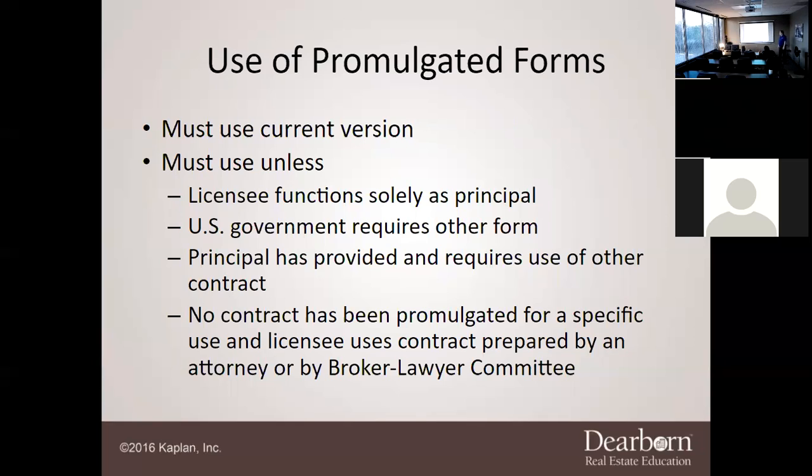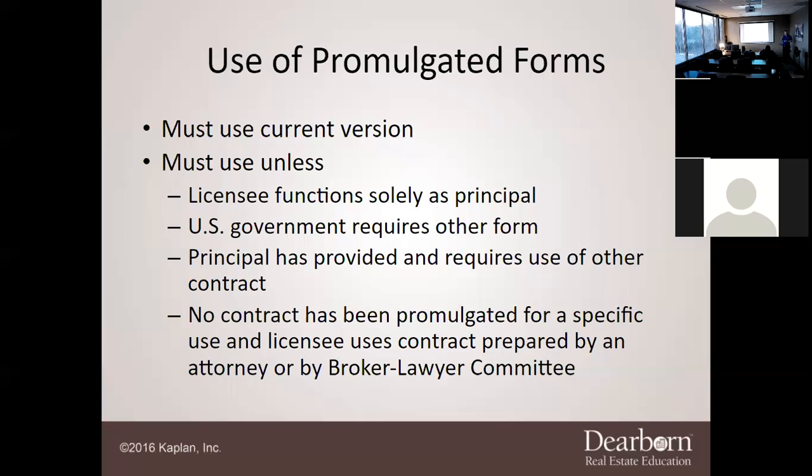Very important: you have to use the most current version. You cannot use an outdated version. It will not suffice. If you were in my previous class, what did we find out when we pulled up a form off TREC's website?